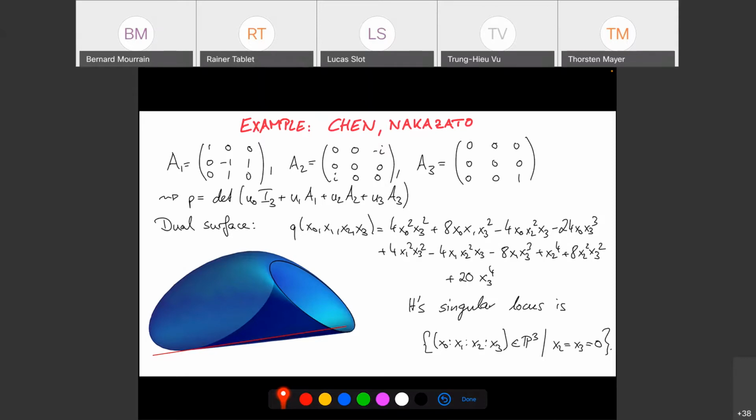Chen and Nakazato are more applied mathematicians who care very much about this numerical and joint numerical range. So they thought about this problem. They thought about ways to generalize Kippenhahn's theorem to higher dimensions. And then they also observed the same problem that I just talked about in a different example. Here you only see the dual surface, and again there's this problem. There's this red line sticking out of the surface, so if you take the convex hull, you get too much. You get a half space here in this example, and it's not what you want. You want the convex hull of all of the blue things without the red. That's the correct thing.